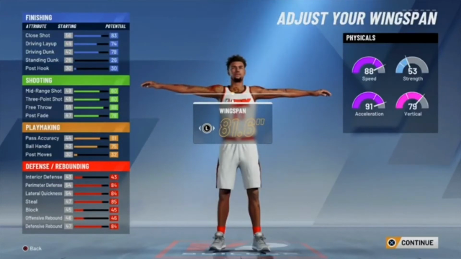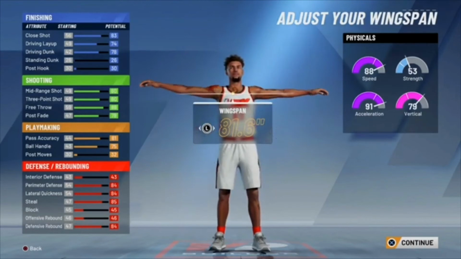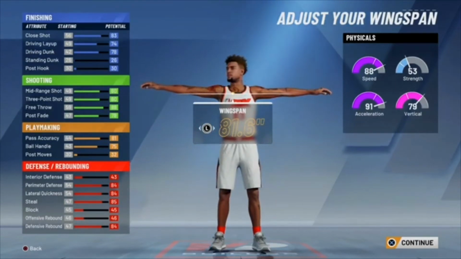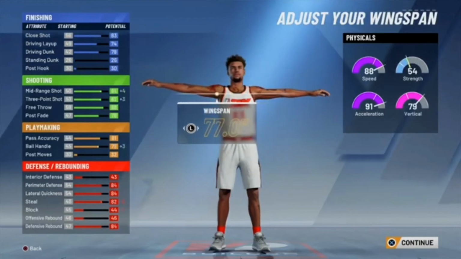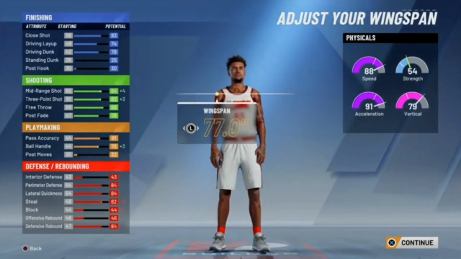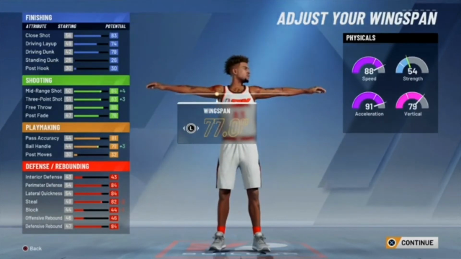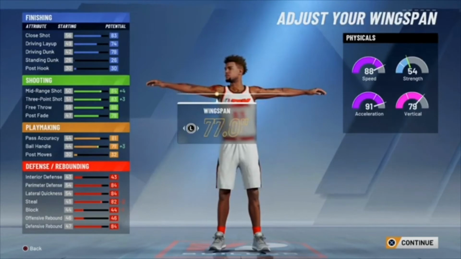You see default, it's an 81.6. You're a defender. You want to have the long arms just to make your defense even better. But in this case, this is my first time going point guard in 2K20. This is my first time making a guard build that actually needs to be able to score, but also be able to create his own